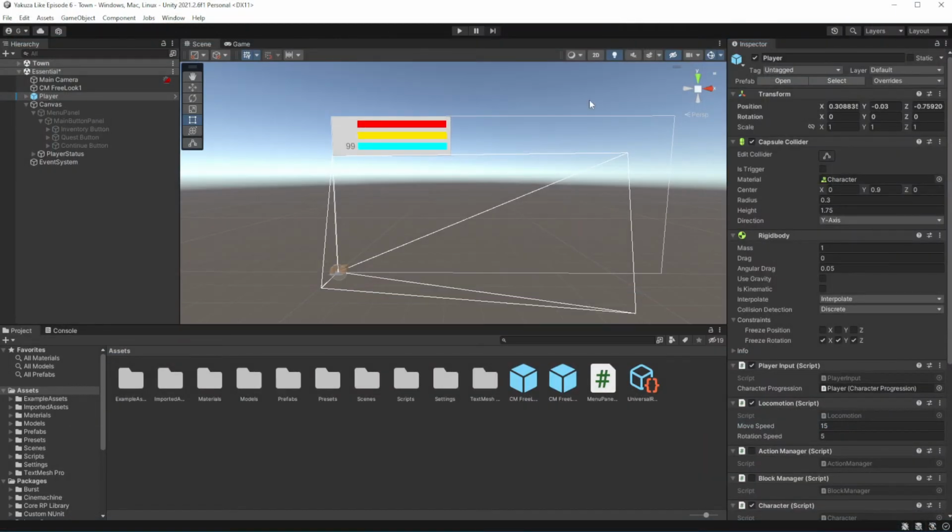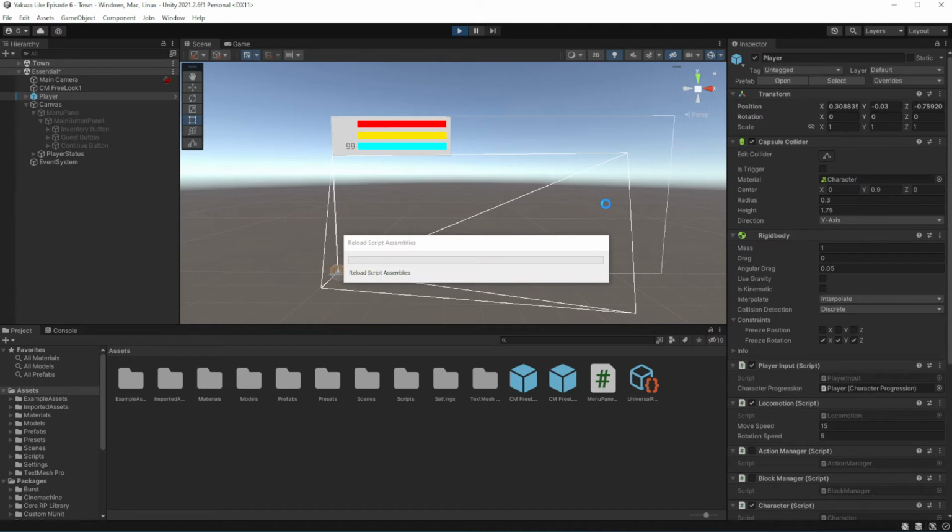If we launch the game now, it will show the panel, but we can't close it.